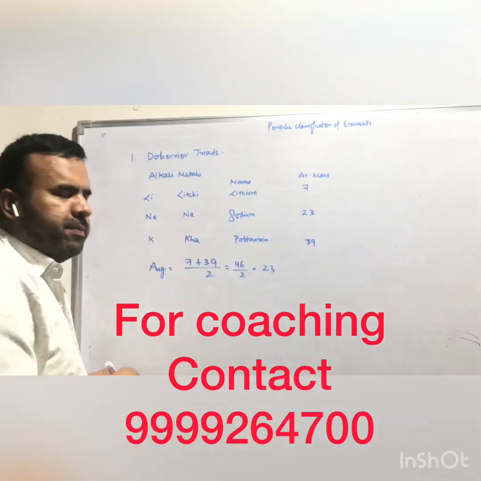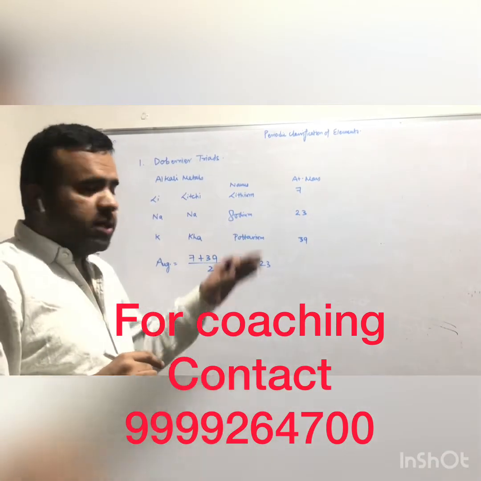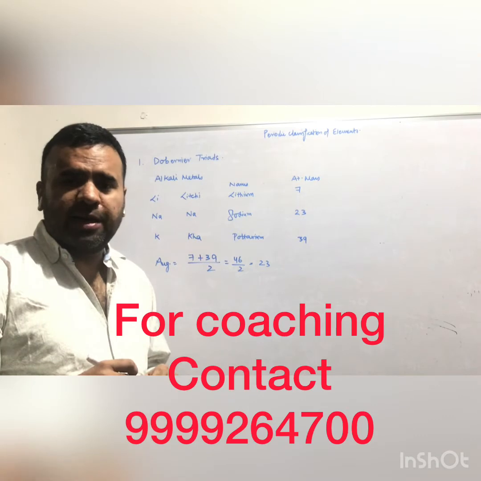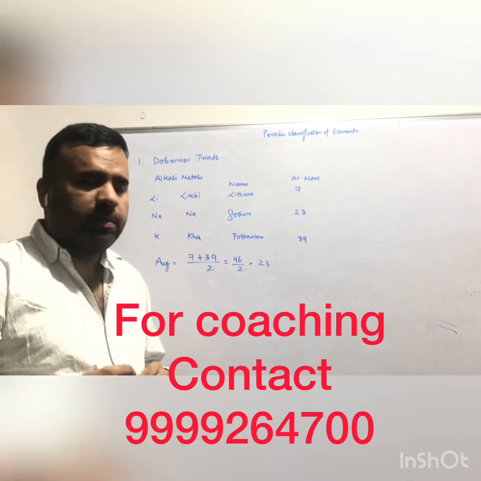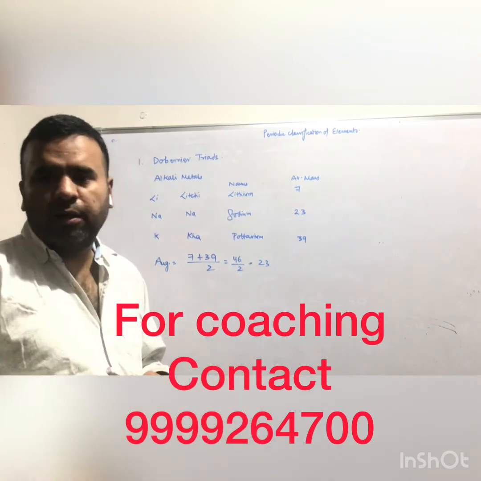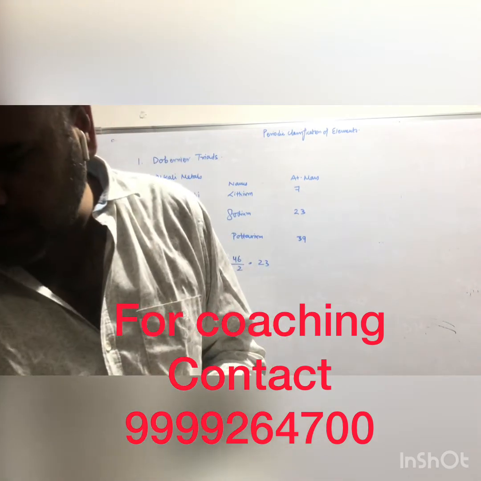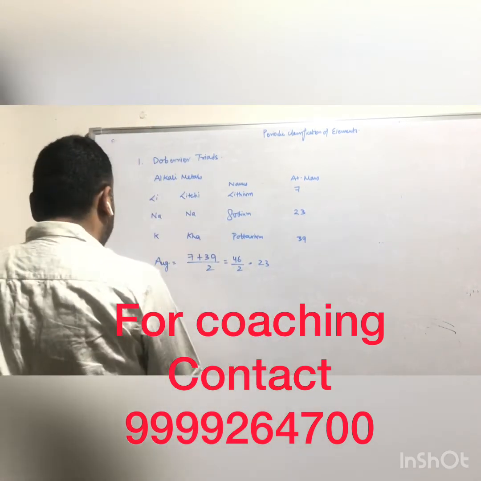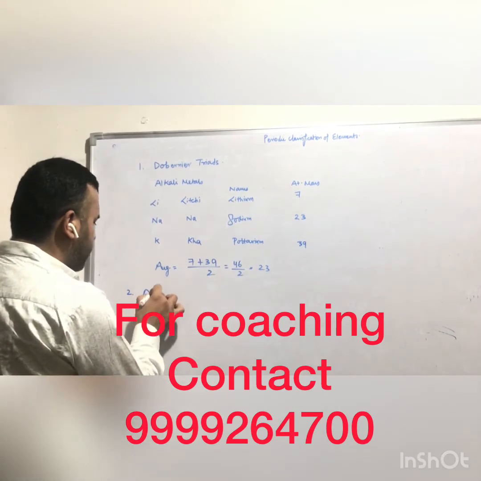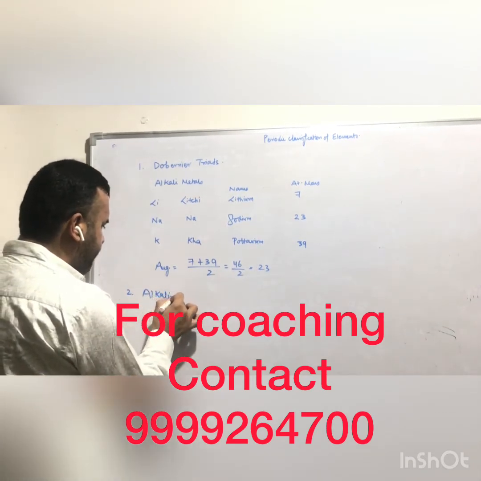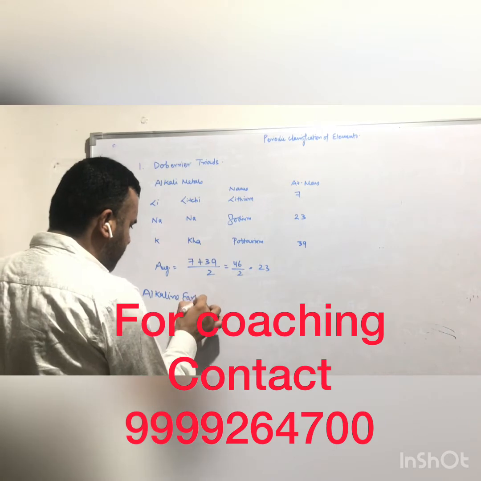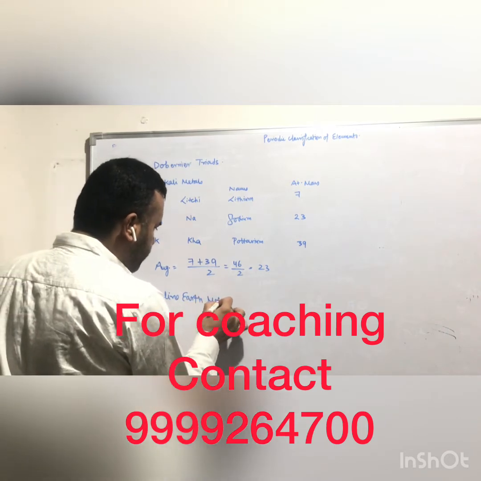So that's why you can see it is nearly equal. It is not necessary that it would be exactly equal to the middle one. Here it would be nearly equal. Okay? As you know, he made it for alkali metals. After that he made one more triad, which is the alkaline earth metal group, right?